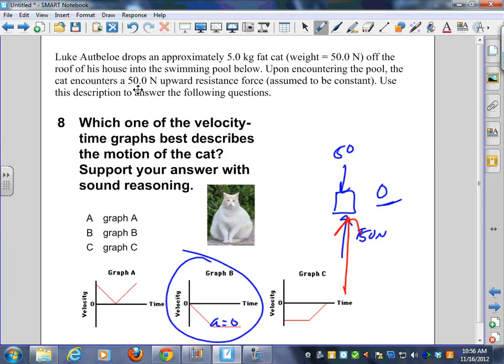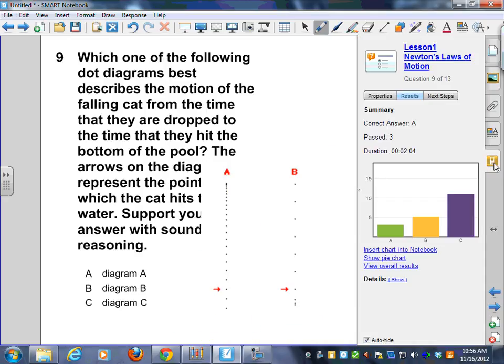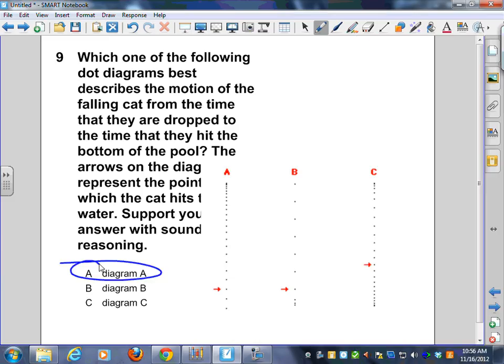And it doesn't matter whether it's a cat or a rock or whatever. Okay? The forces are balanced, therefore the net force is 0, therefore the acceleration is 0. So it's B. Which means probably same ratio of people will get this one right or wrong. Correct answer here is A. Okay? He's going to speed up. The dots get farther and farther apart, but then right here the dots remain the same distance apart. Why? Acceleration is 0.